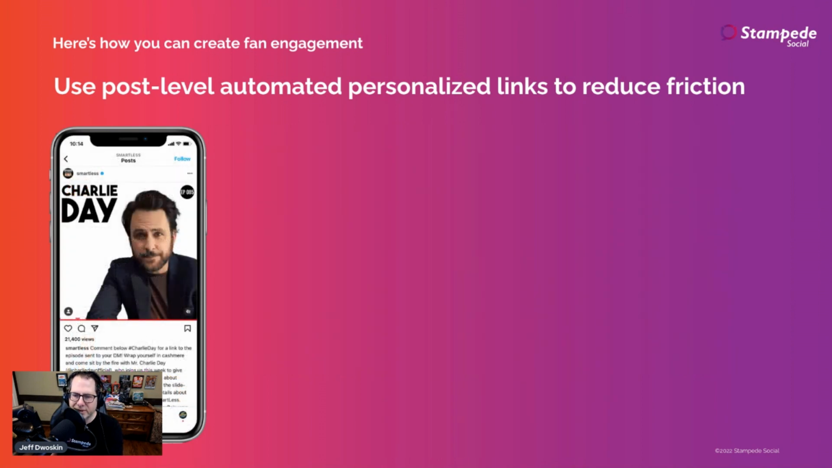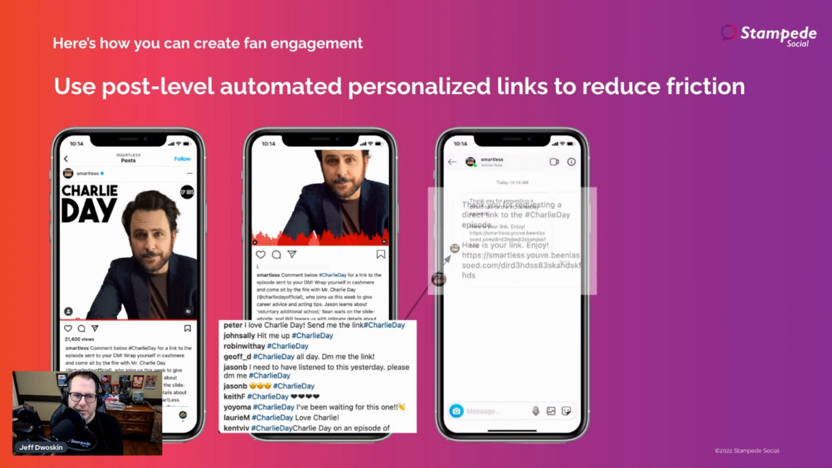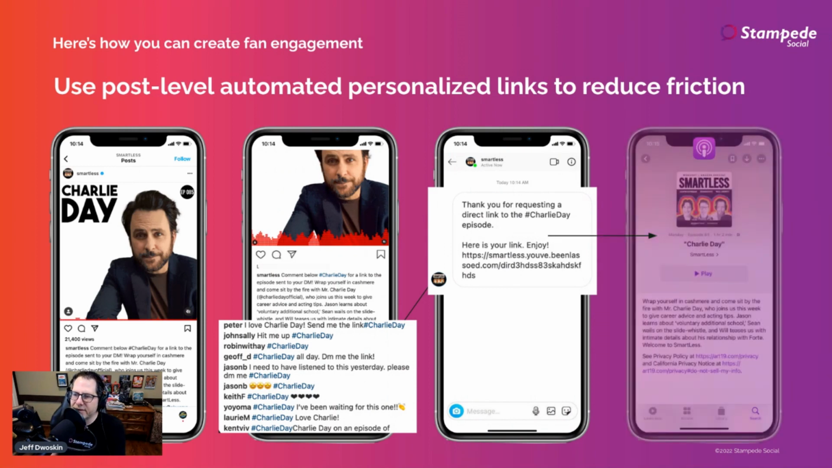The idea here with Stampede Social: create that campaign, hashtag Charlie Day in this example, create engagement, create some action in the DM as well, and then go from there, and send them wherever you want to send them. But what's unique about Stampede Social and our automation under the covers is that you have full reporting